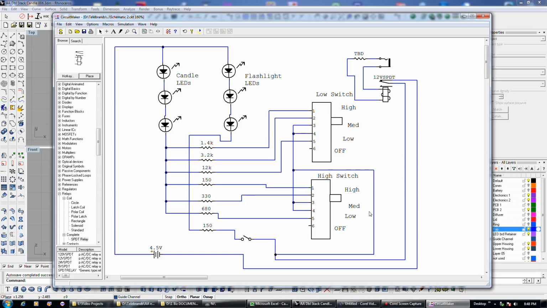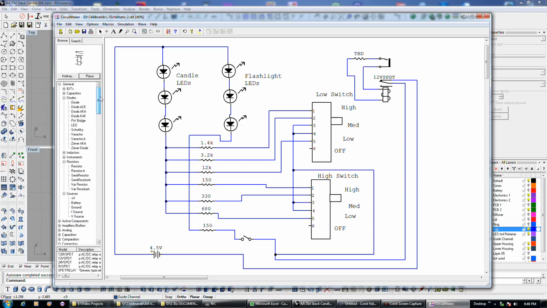You can see here, this line goes down here, and circuitously it goes through a relay to our battery, and the anode of the battery goes to the anode of the LEDs. And this right here is actually a specialty circuit that controls our flashlight LEDs. But actually I decided to do this a little differently, so let me make a modification in